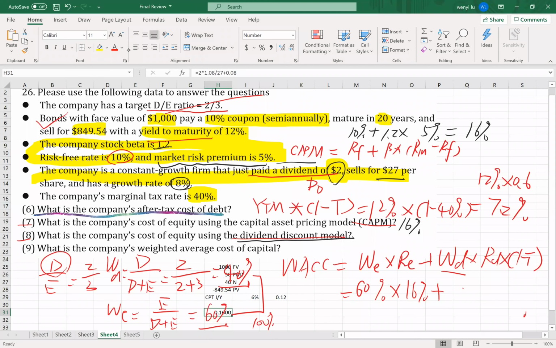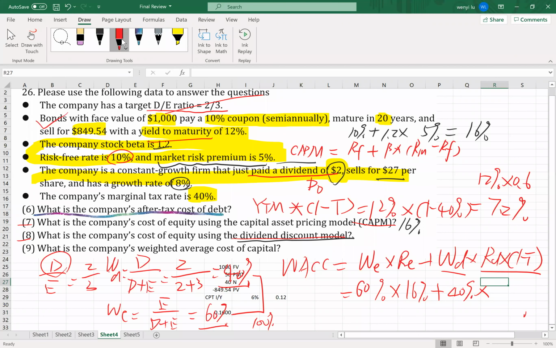The weight of debt will be 40%, times the cost of debt after tax, which you already solved, at 7.2%. So 60 times 16% equals 9.6%, plus 40 times 7.2%,